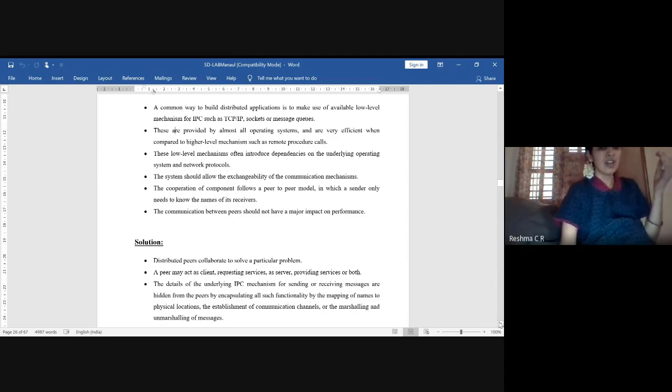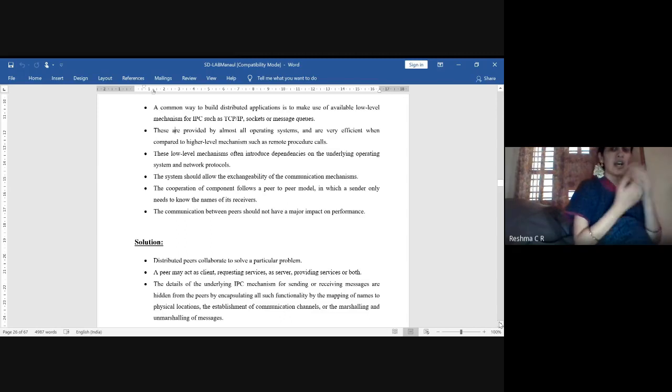It is high level. Between the high-level and the low-level mechanism, how the communication exchangeability is going to happen between these two, and what impacts are going to occur, we need to identify.